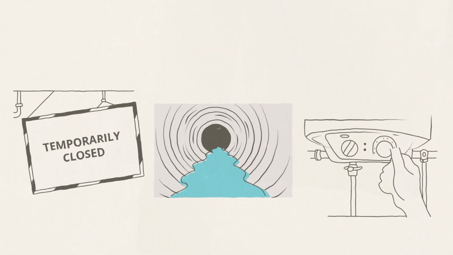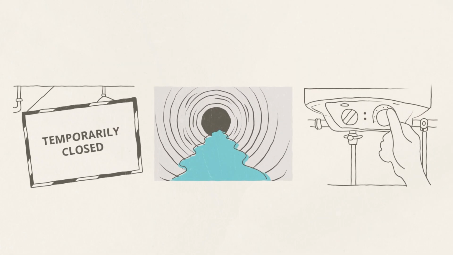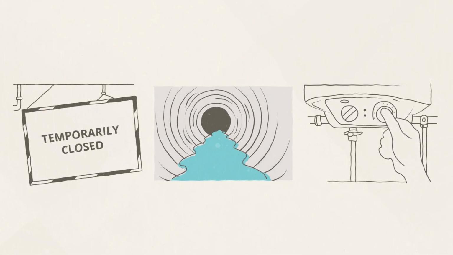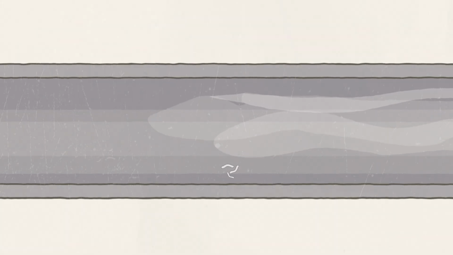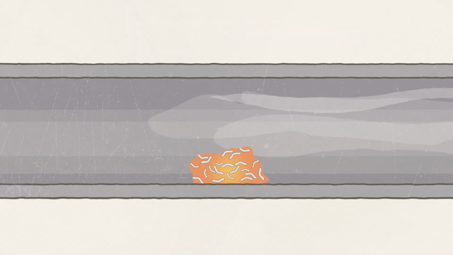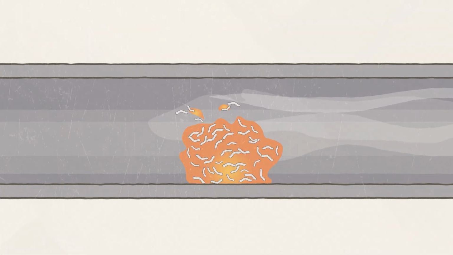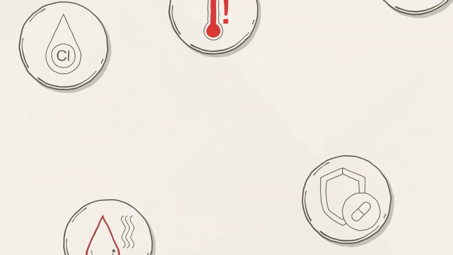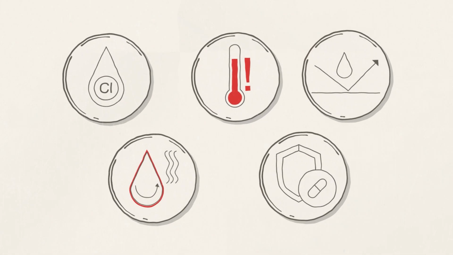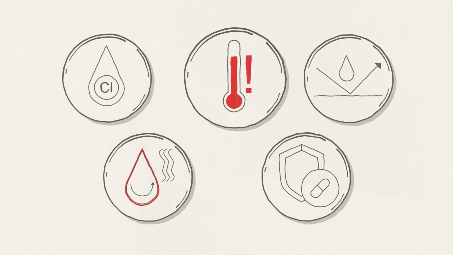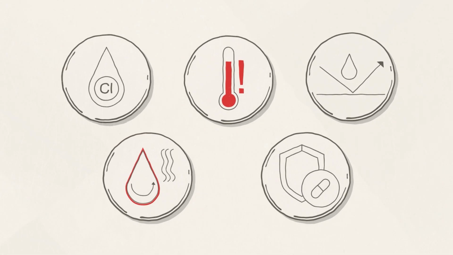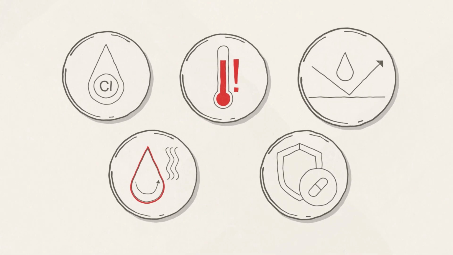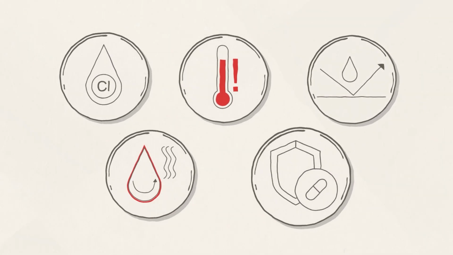Which risk factors can promote NTM growth? Water stagnation and limited hot water temperatures may contribute to the formation of biofilms and create conditions conducive to mycobacterial growth. Biofilms provide a source of nutrition and protection for microorganisms. That is partly why it is so challenging to eradicate mycobacteria from water systems. Additionally, NTM are naturally resistant to common disinfectants, like chlorine, and to high water temperatures. These factors are crucial to the resilience of non-tuberculous mycobacteria in water systems. Other properties include hydrophobicity and resistance to desiccation and most antibiotics.